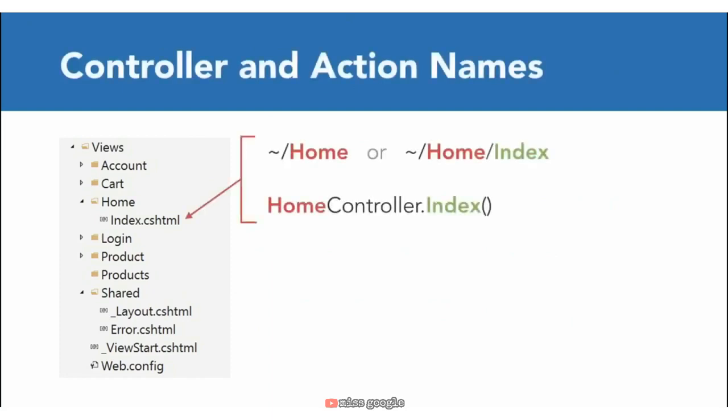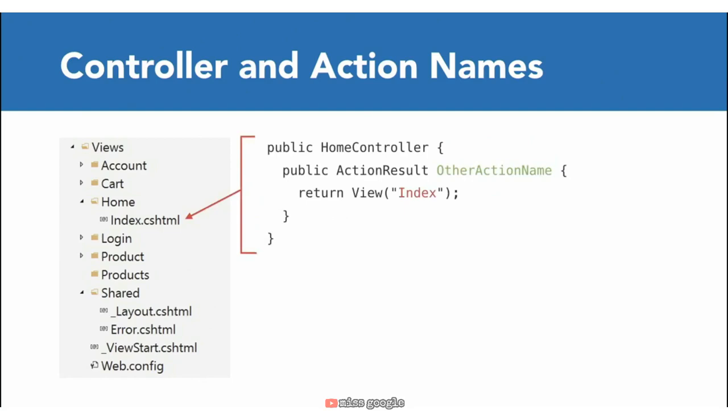Remember that the routing engine will use the controller and action names from the route by default, so /home or /home/index will both route to the home controller's index action method. You don't have to use a view with the name of the action method, though. You can specify a different view name in the View method that you return from your action method. For example, you could have an action method named OtherActionName, which would normally look for a view file called OtherActionName.cshtml. But if you specify a different name, like Index in this case, as a parameter to the View method, it will instead use